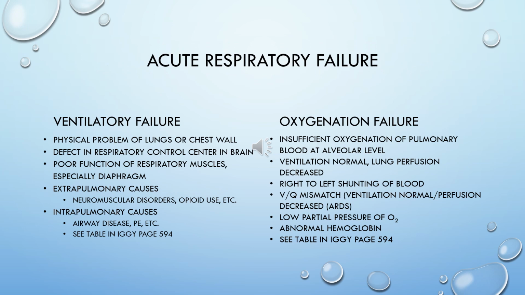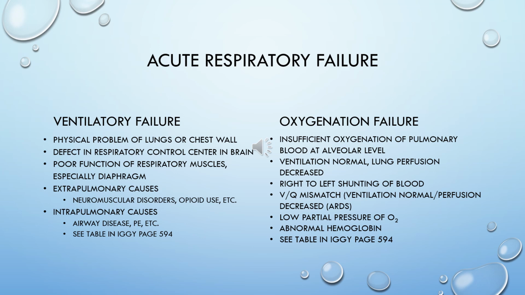Right here is just looking at some of the reasons you can have a patient in acute respiratory failure, whether it's a ventilatory problem or it's an oxygenation problem. And you can see that sometimes it can be involvement of the chest wall, problems with the wall itself, a defect in that respiratory control center in the brain, which is your medulla oblongata as well as your pons. You may have poor functioning of the respiratory muscles themselves,